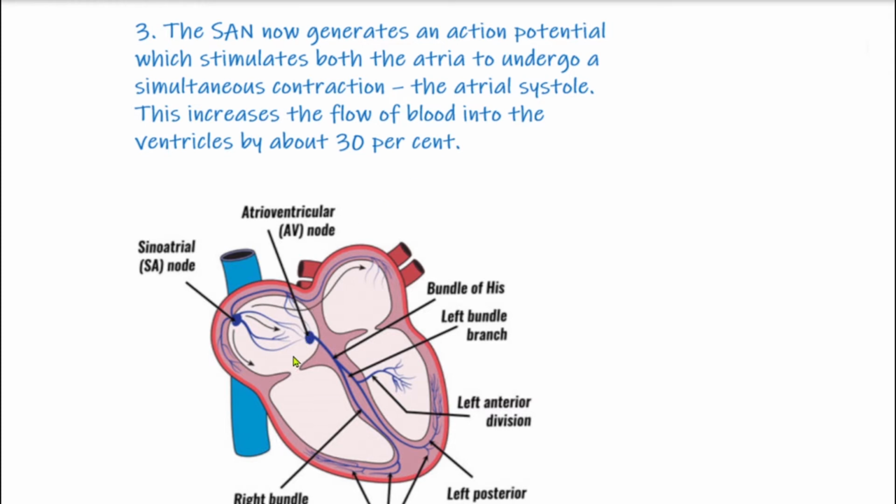So students, due to atrial systole, about 30% more blood comes into the ventricles. First we studied joint diastole, then we studied atrial systole. And now in the next phase,